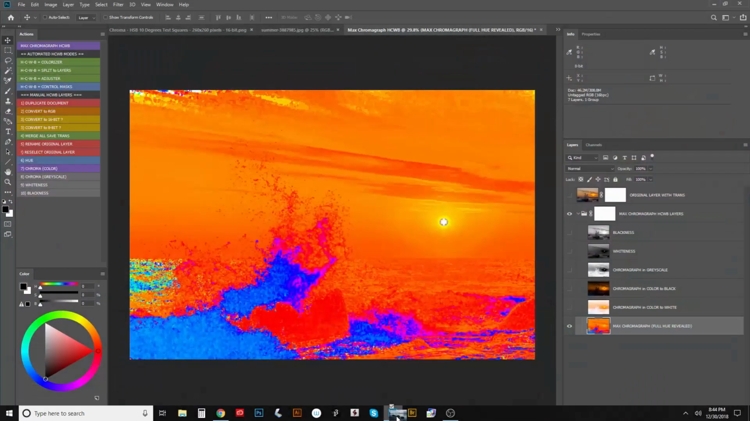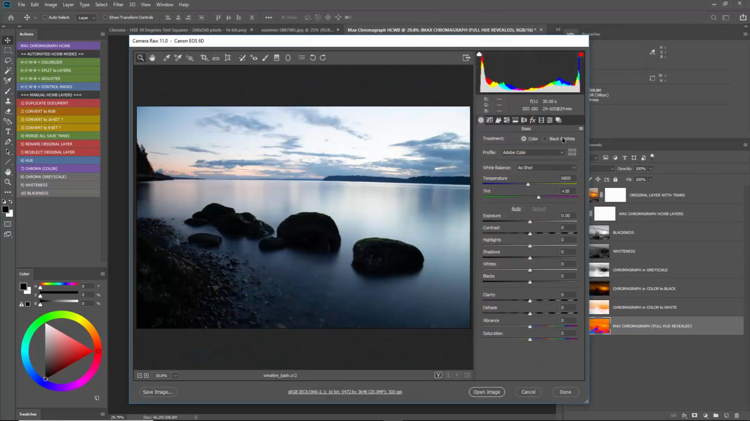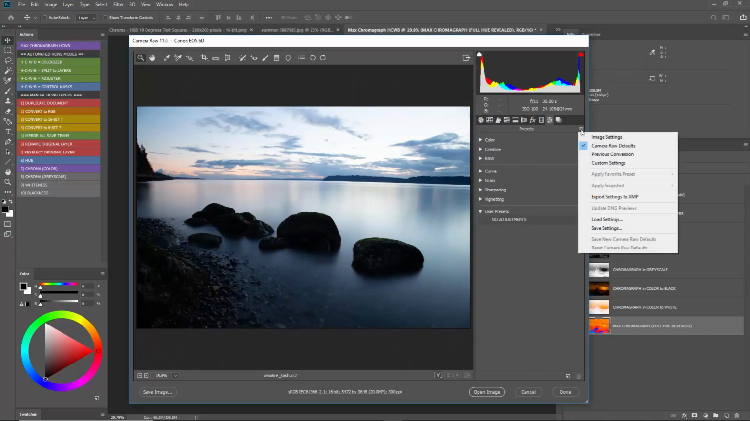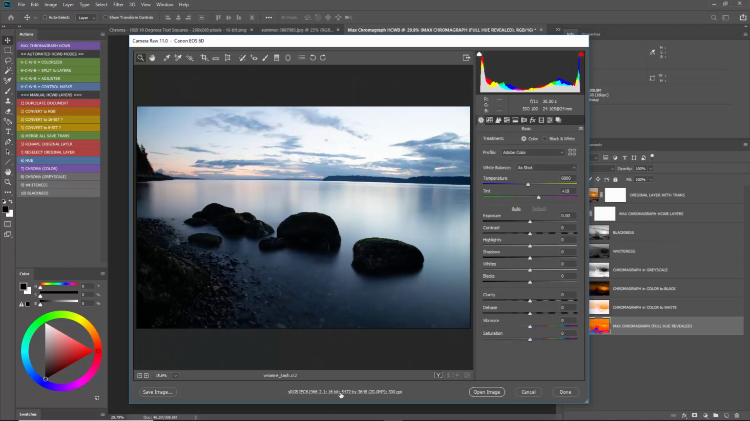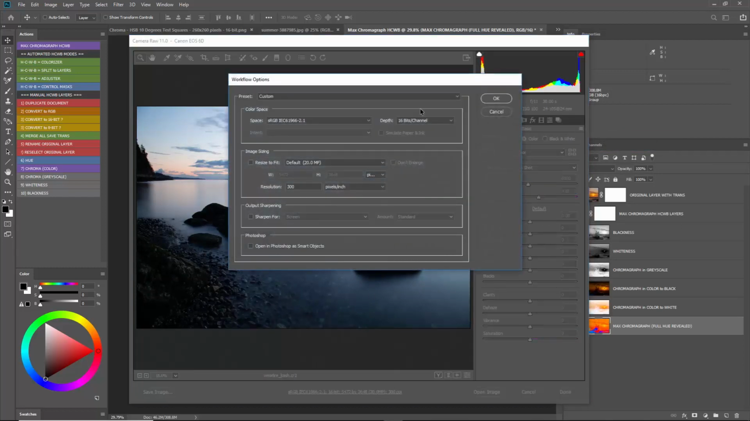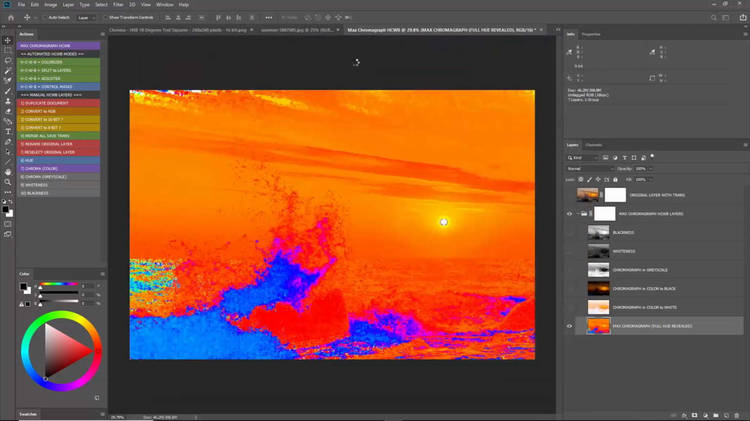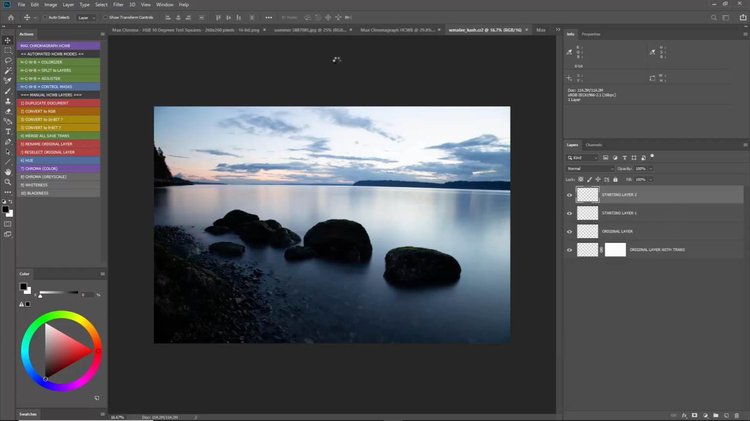I'll open that up in Photoshop. Just going to use the Camera Raw Defaults preset. Make sure that I open this in 16-bit. We're going to do Open Image. Now if I run the Max Chromograph on something like this,